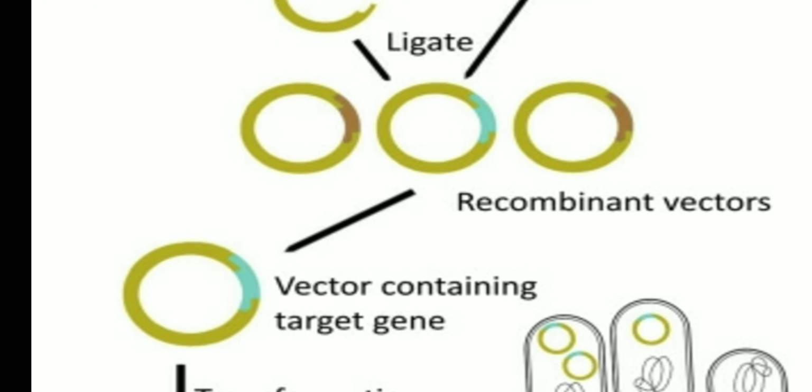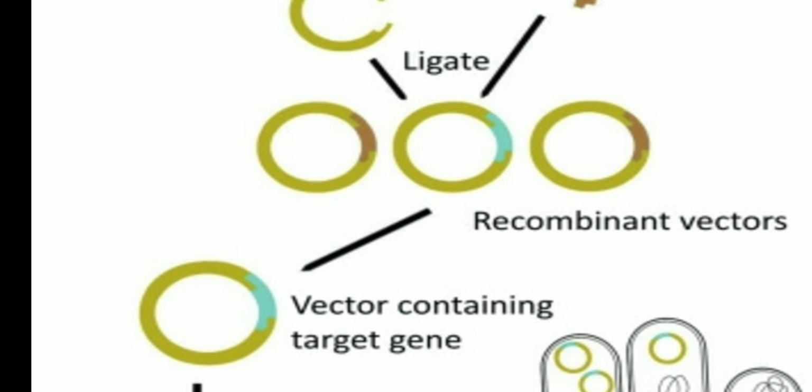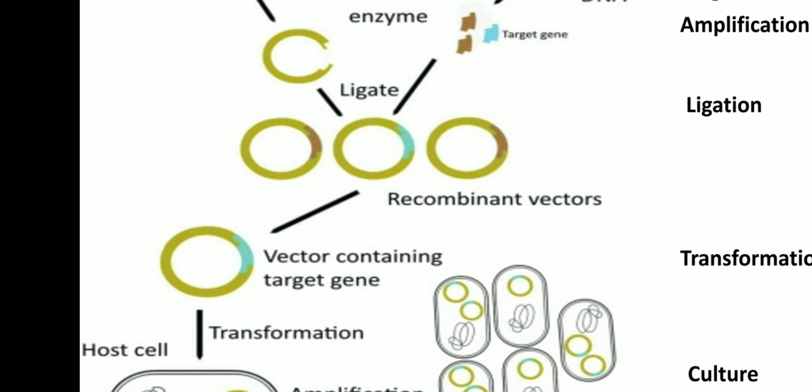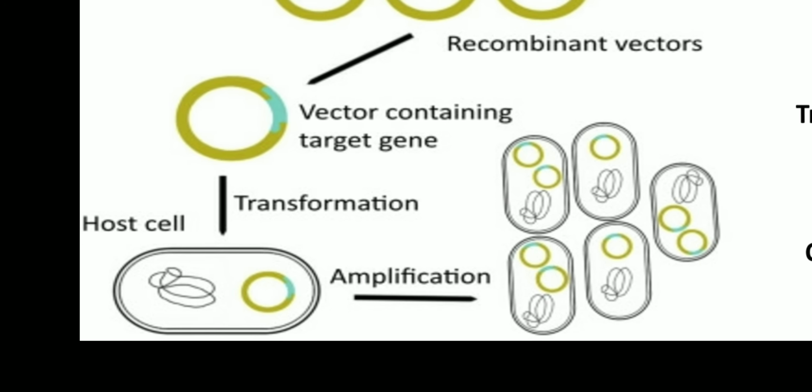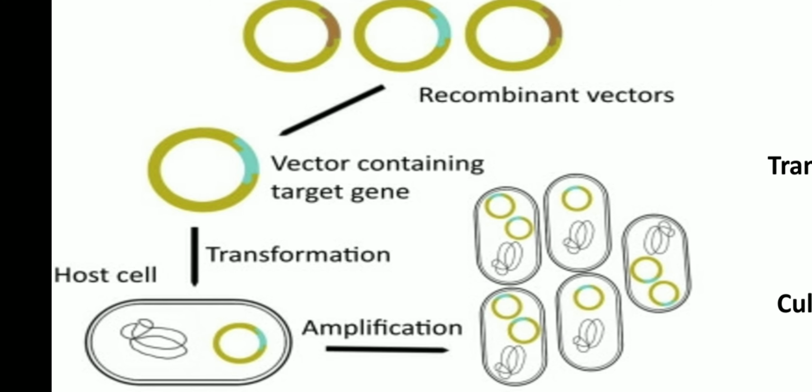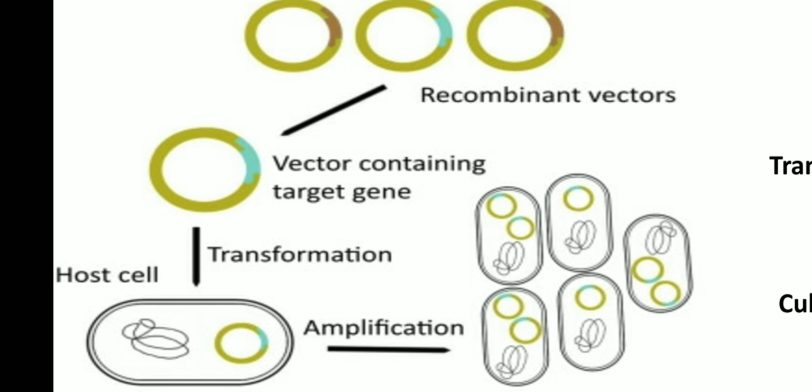This recombinant DNA is now transferred into the host cell. This process is called transformation. The host cell must be a competent cell, and using microinjection, gene gun method, electroporation method, or calcium ion treatment method, transformation occurs and the recombinant DNA is transferred into the competent cell easily. Then, because it carries the recombinant DNA, this cell is called a transgenic cell.